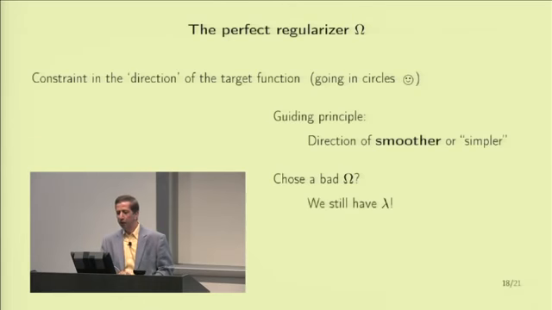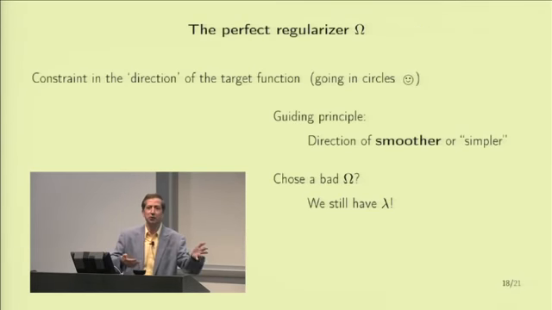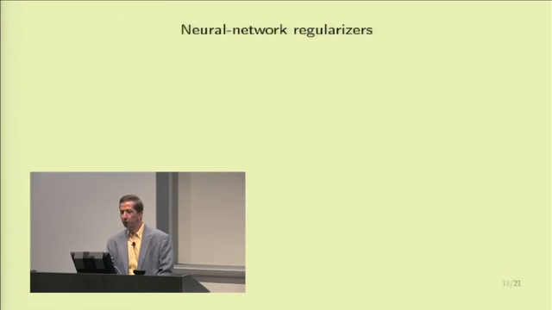Okay? We don't worry too much because we have the saving grace of lambda. We are going to go to validation, so you had better be here for the next lecture, where we are going to choose lambda. And if we happen to be unlucky that after applying the guidelines we end up with something that is actually harmful, then, okay, the validation will tell us it's harmful and will factor the regularizer out of the game altogether. But trying to put a regularizer in the first place is inevitable. If you don't do it, you will end up with overfitting in almost all the practical machine learning problems that you will encounter. Okay. So now let's look at neural network regularizers in order to get more intuition about them,